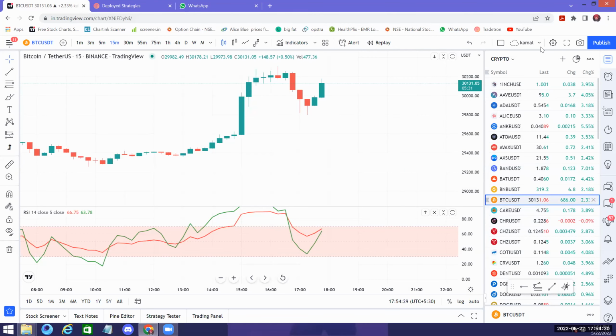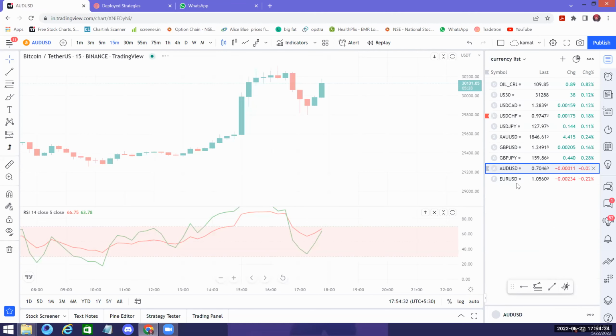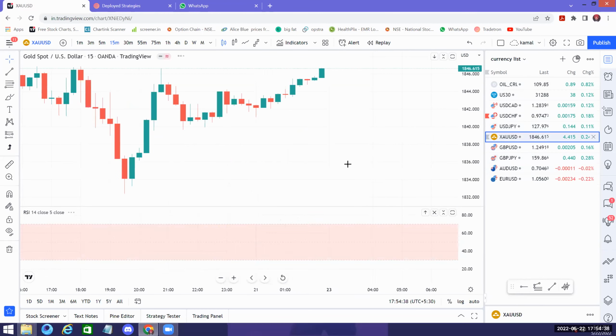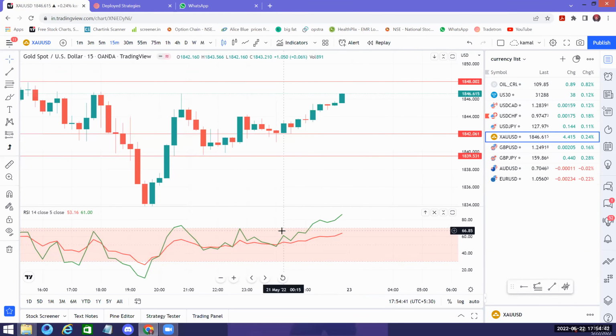I keep on doing it. Gold gives me a beautiful buy. So I've started currency trading, a lot of currency trades. Gold has my perfect buy. So this was the level I entered gold, 1842, and I'm still in gold. $4 is